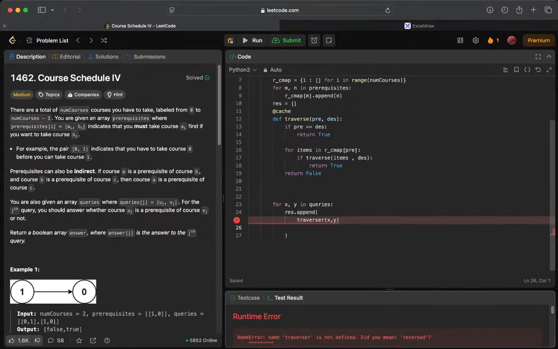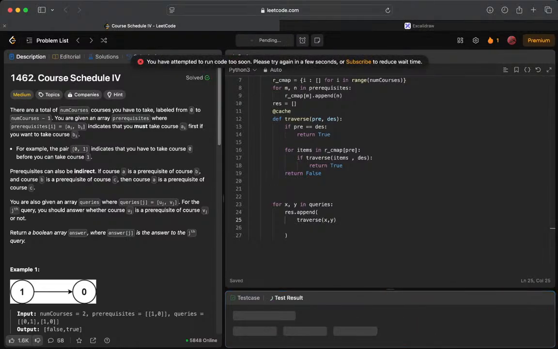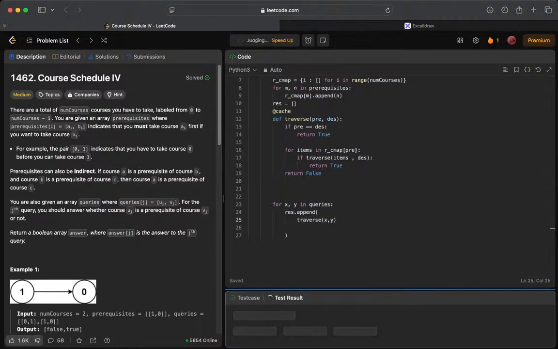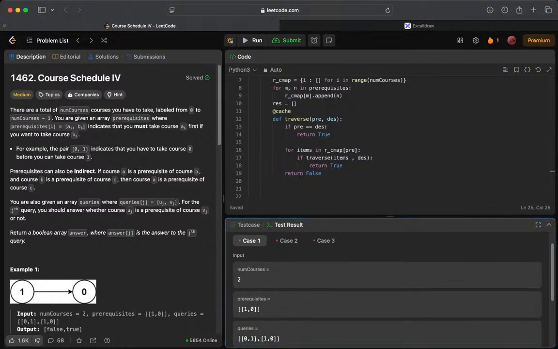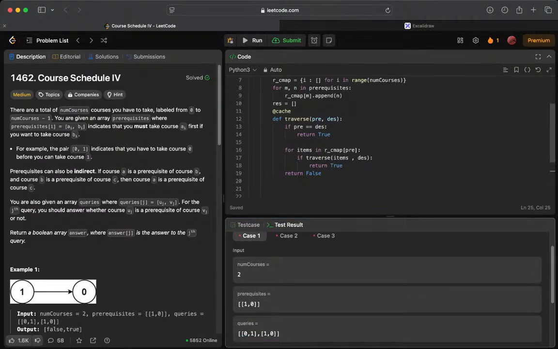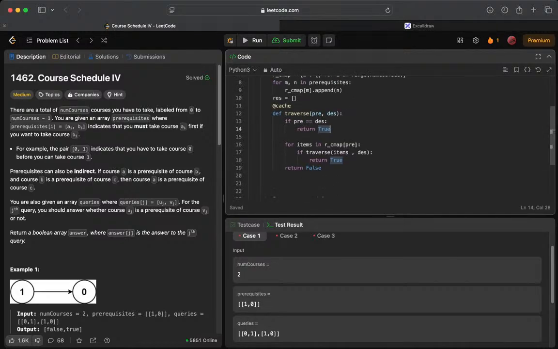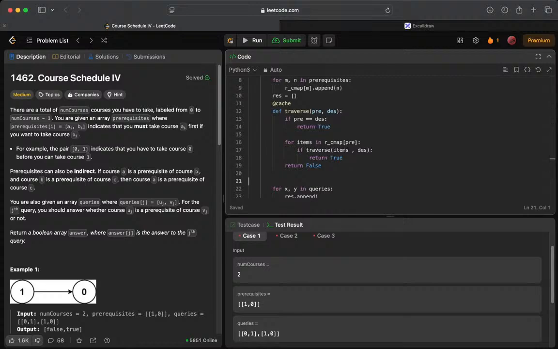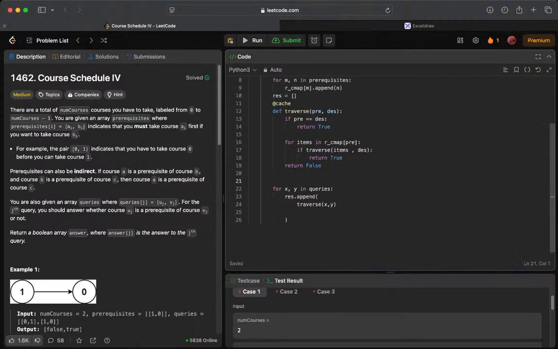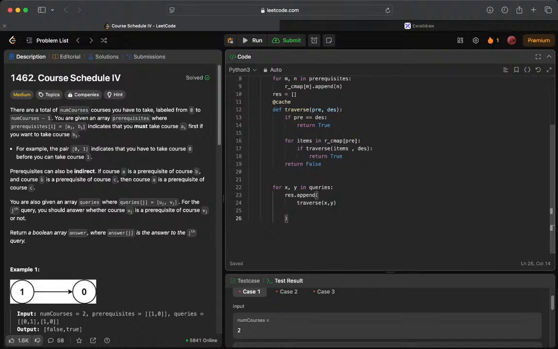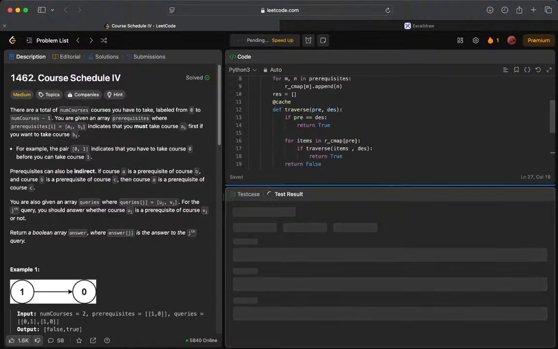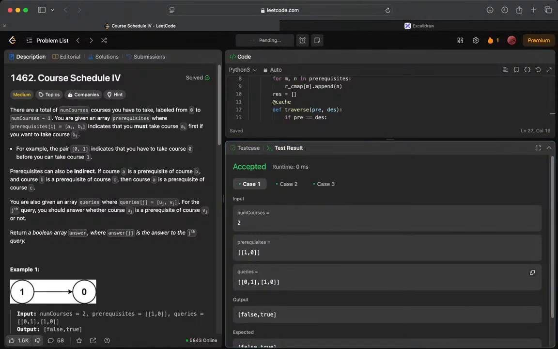okay, traverse. Okay, strange. There must be some kind of mistake I made. Okay, we will submit,